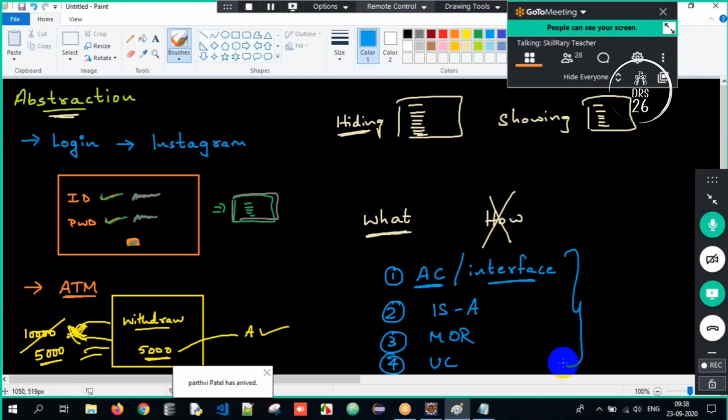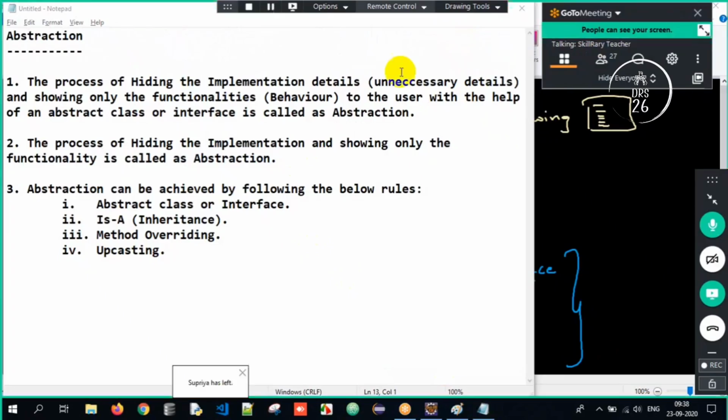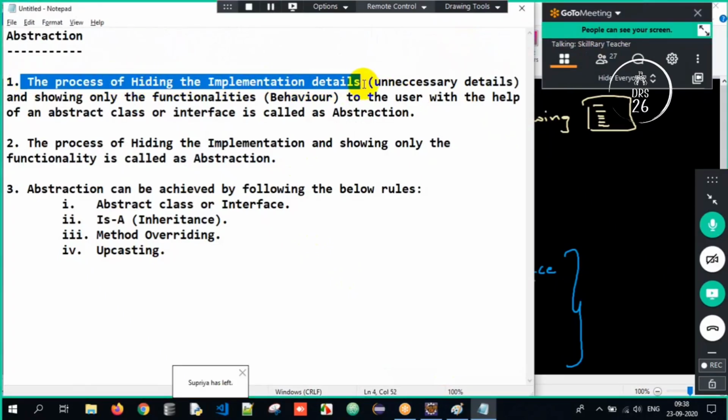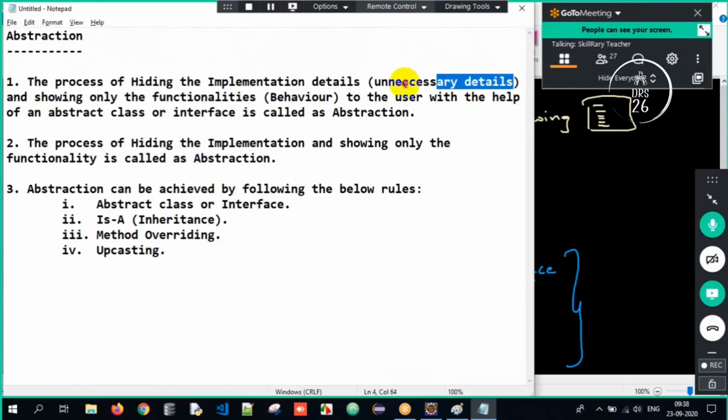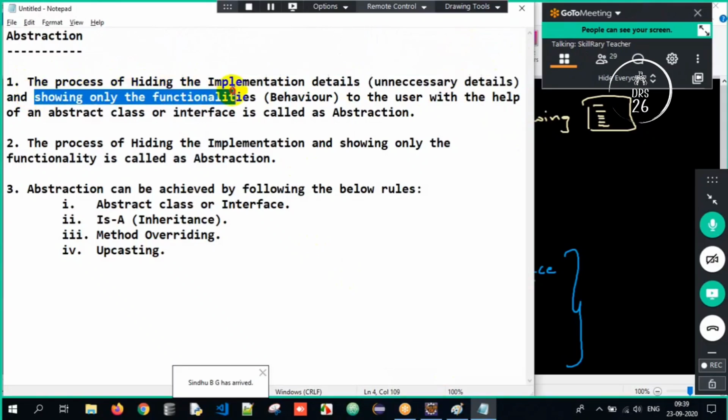Got it here? Okay. So this is what we are supposed to understand over here. So this is the basic thing which we are supposed to understand. Clear? So this is what I have documented as well. See here, what is abstraction telling over here? So it's easy. What is abstraction? Abstraction is a process of hiding the implementation details, meaning all the unnecessary implementation details, I have to hide and show only the functionalities or behavior to the user.